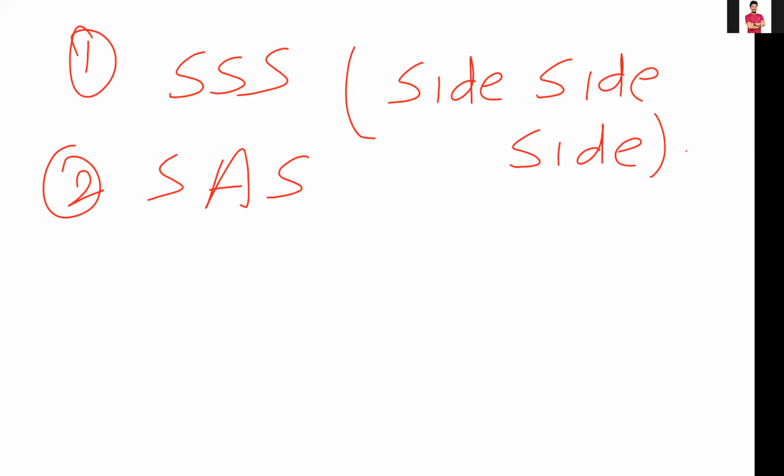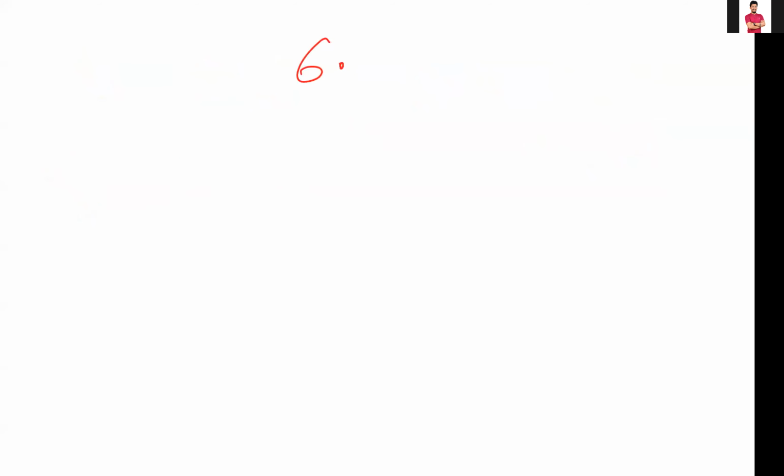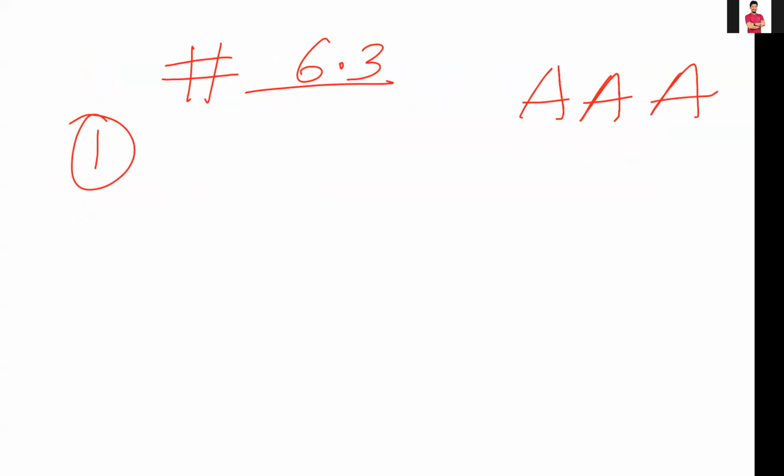So based on this, we'll have a quick question from 6.3. In the first case, tell me, are these two triangles similar or not? I guess you all have the textbook. 60, 60, 80, 80, 40, 40. Correct? Similar. Fine. By which criteria? We have AA, angle, angle test. Angle also.